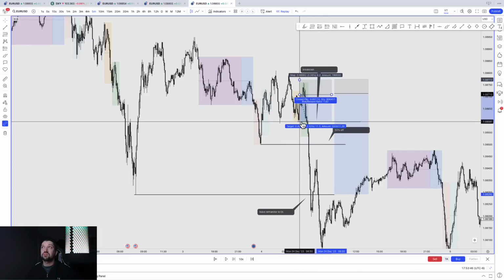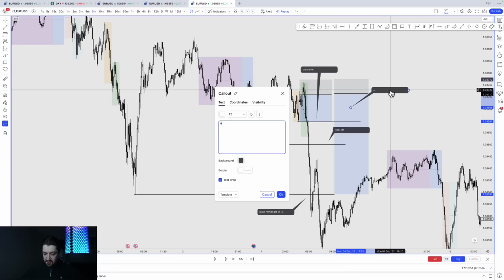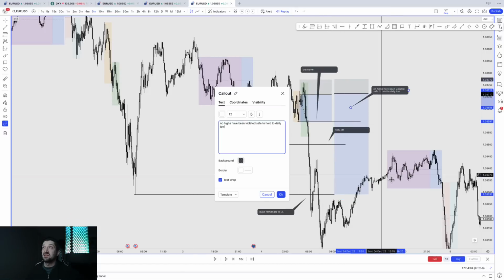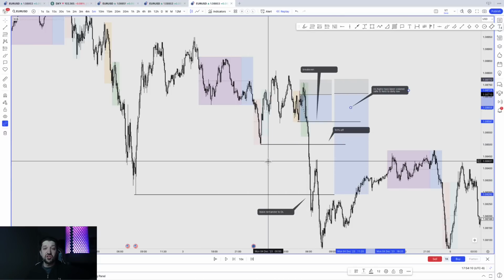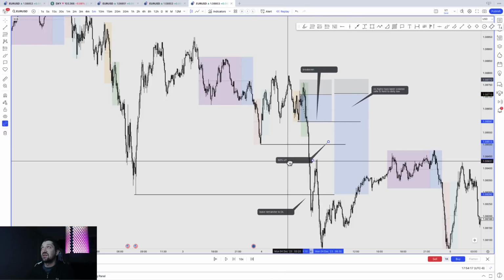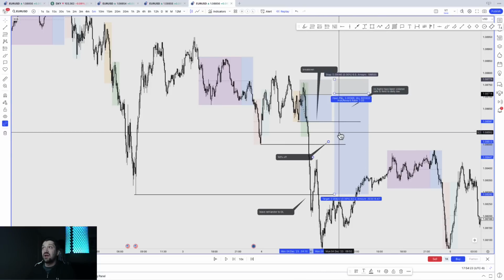Now, I could go back and write notes such as no highs have been violated, safe to hold to daily low. So on this particular day, it would have been safe enough to hold to the daily low, whereas on another day, like the day that we just did, where we're at a possible reversal area, going for the daily low is not that high probability, so it was not that kind of day. So with this being said, I would go back and do this,